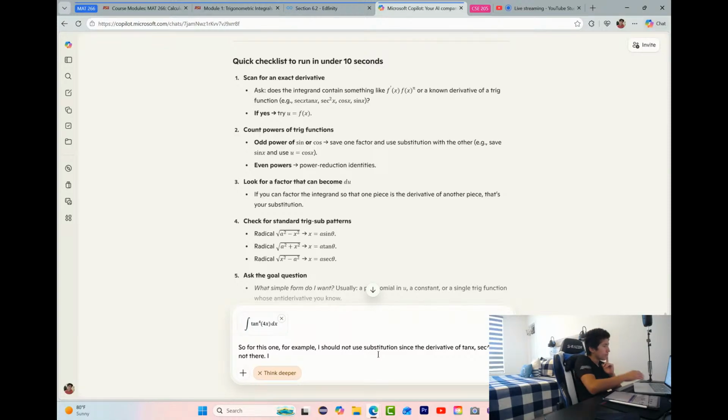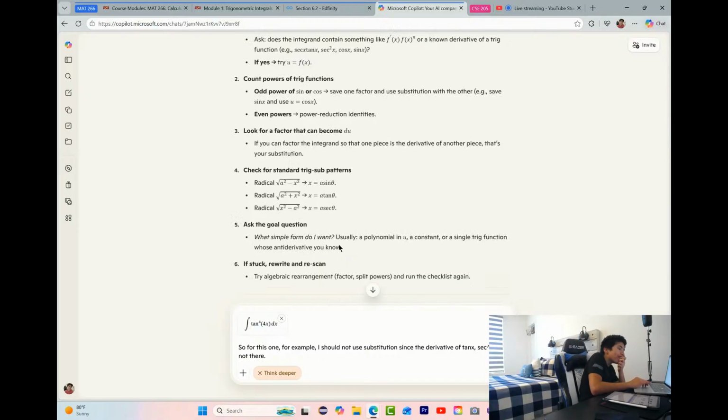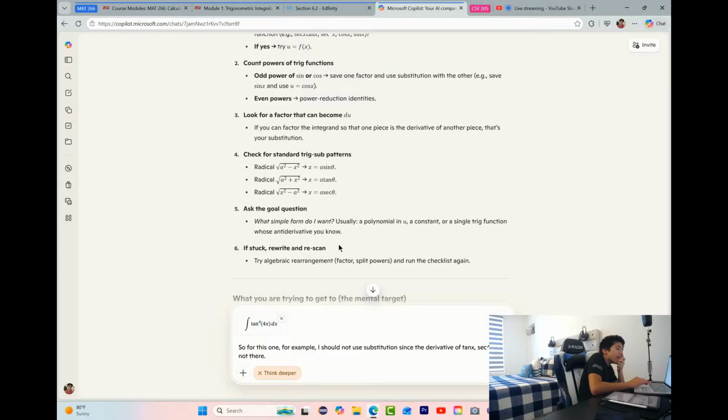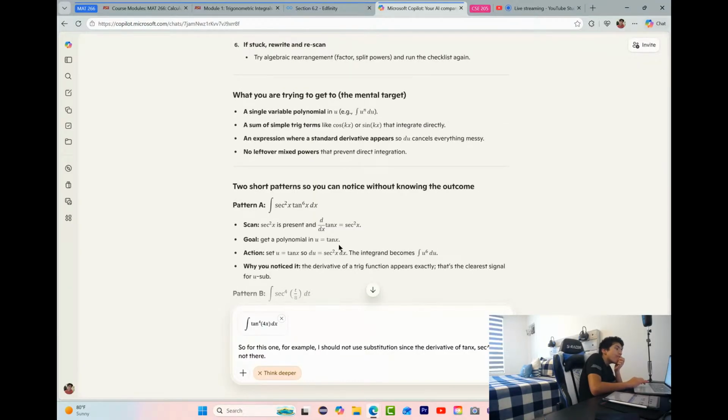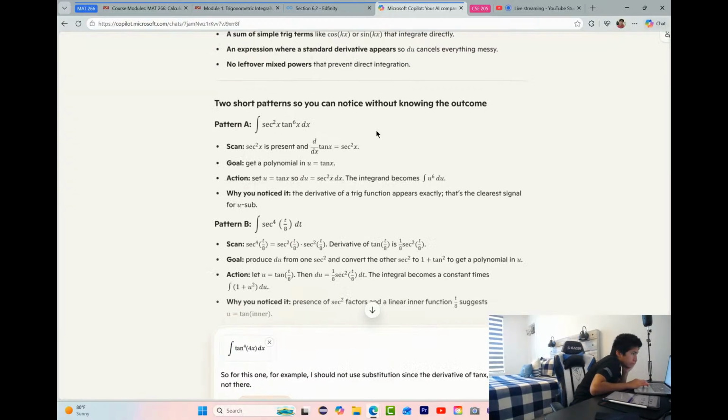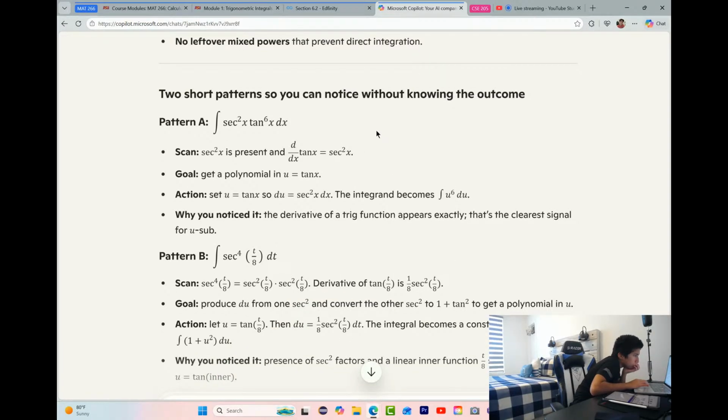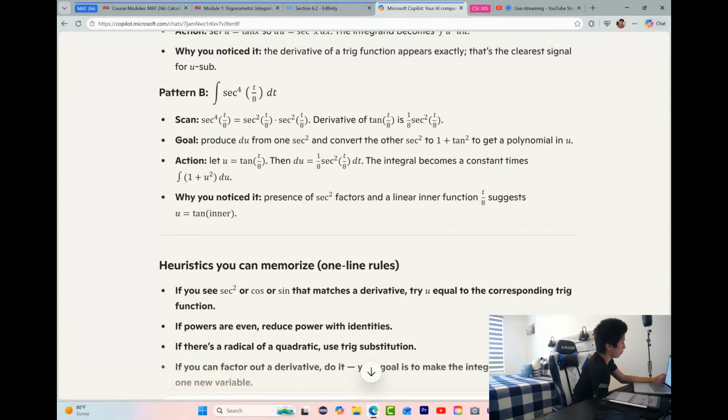Equals tangent of x, okay. Very cool. I see. Okay, smart. And for this one,